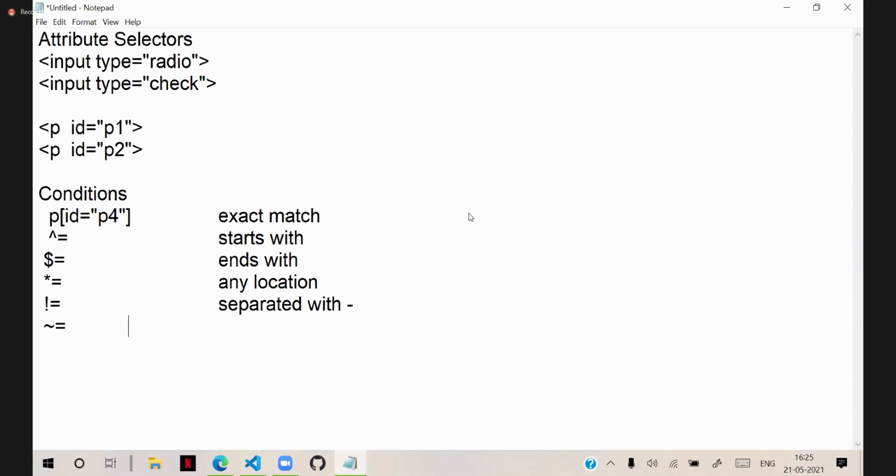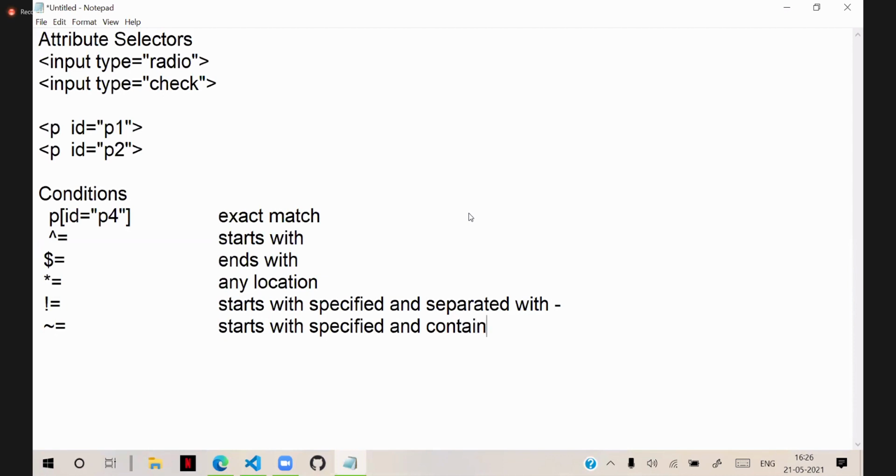So that means this above one is starts with specified and separated with hyphen. Similarly, another option is starts with specified and contains blank space.